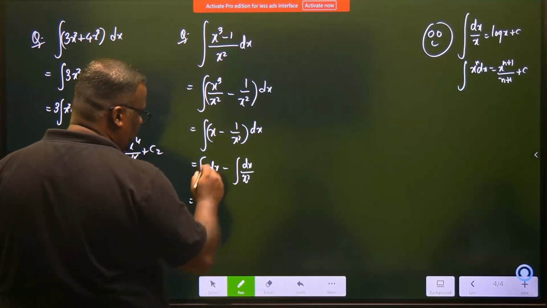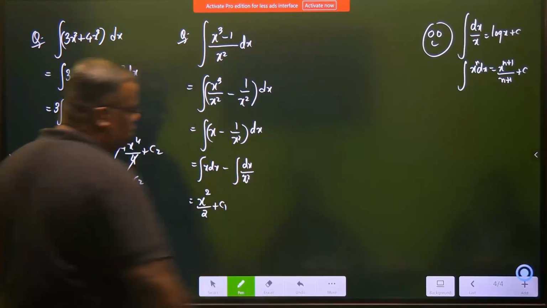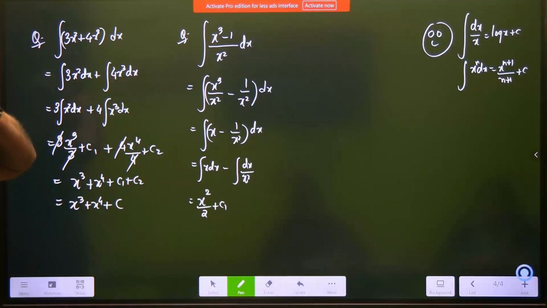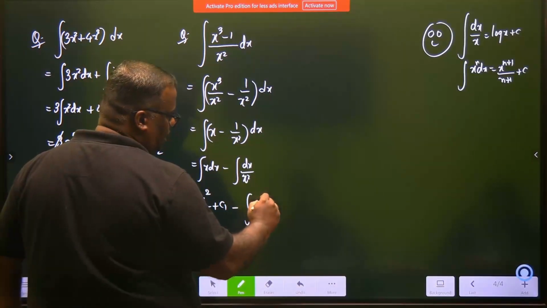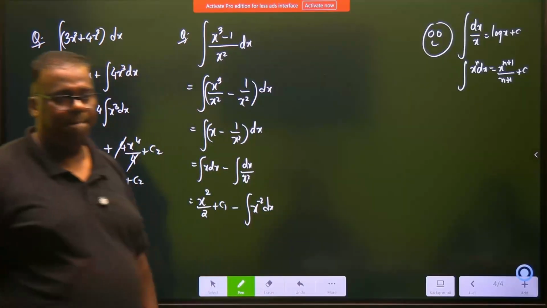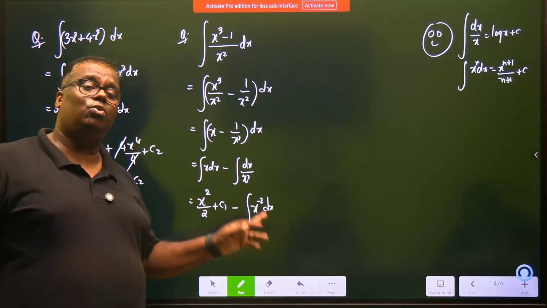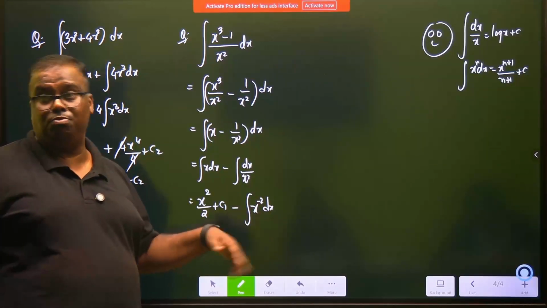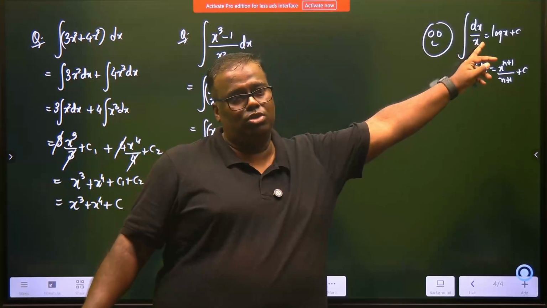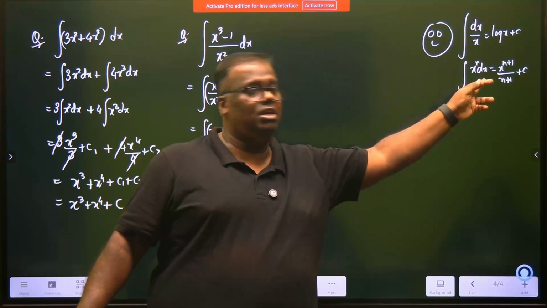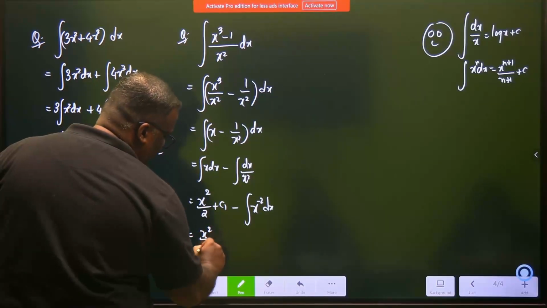Acha. Can I write this as x to the power 1 plus 1, that is 2, divided by 2 plus a constant of integration c1? Right? And this one, can I write this as x to the power minus 2 dx? Formula लगा देते हैं. This formula does not work only if minus 1 is the power, because if minus 1 is the power, you have to use log x वाला formula. See. If minus 1 ये यूज करोगे, minus 1 जोड़ के कुछ भी है ये यूज करेंगे. ठीक है? तो I can write this as x square by 2 plus c1